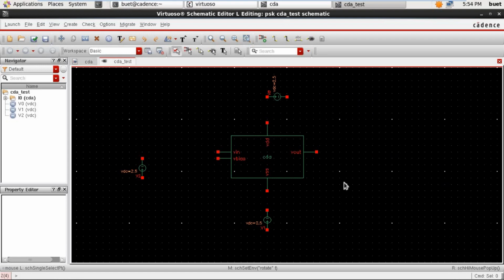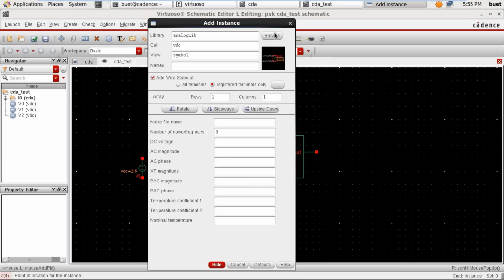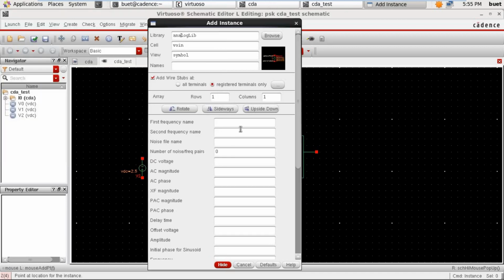To add a Vsin, we create an instance, browse, we select the Vsin instance. The specifications for a Vsin should be as follows.